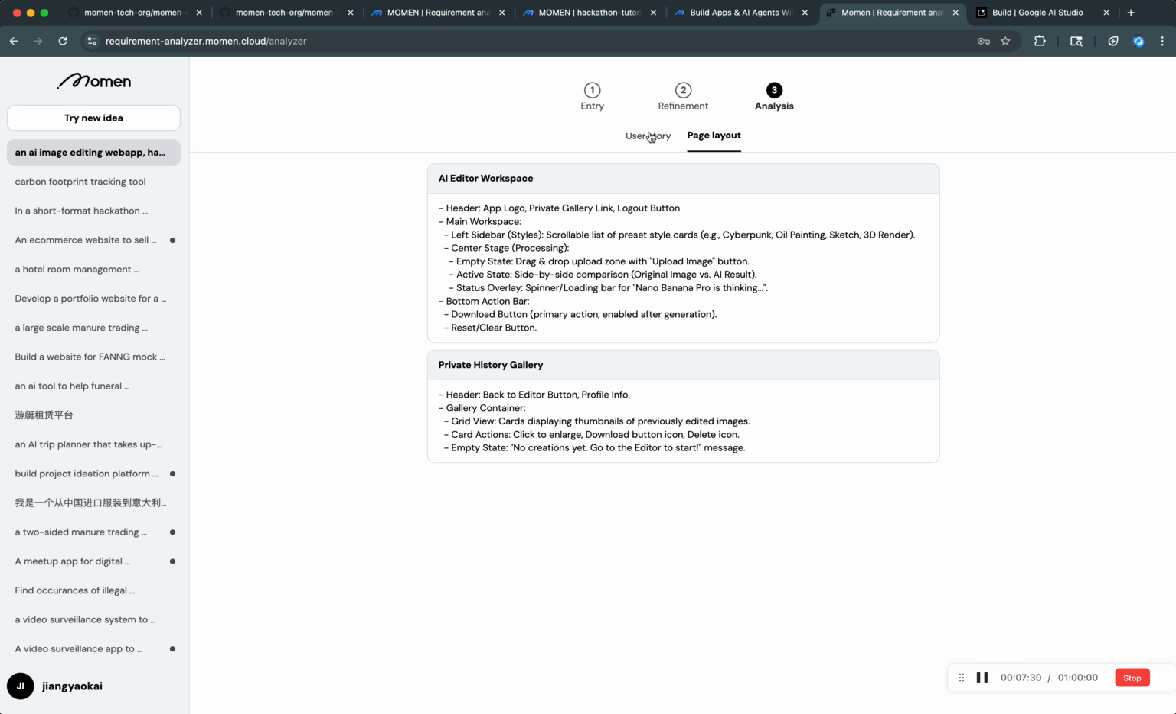If you have an idea and you're a bit blurry as to your vision, you can use requirement analyzer to help you clarify your vision. But if you already have a concrete vision, then it doesn't really matter. Now, if you want to use Momen